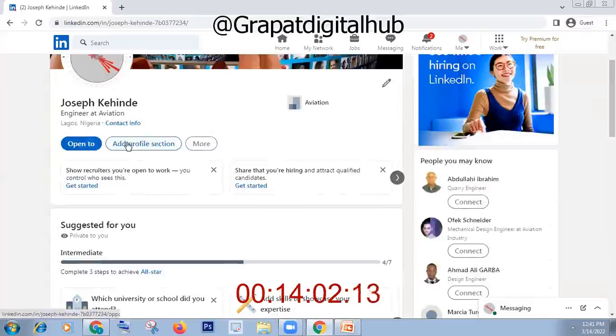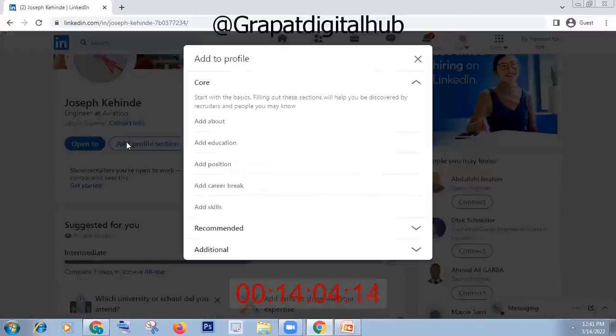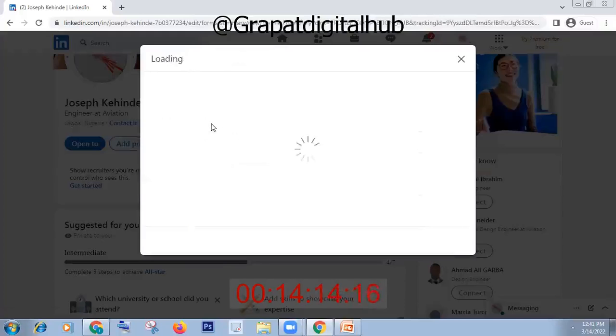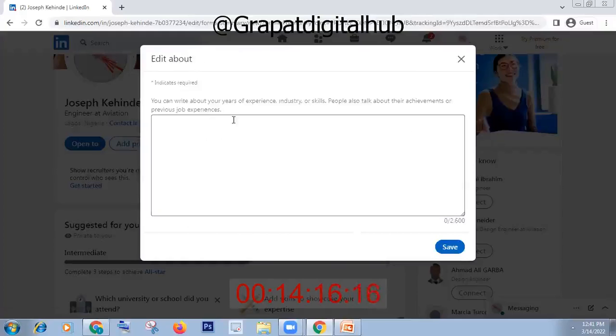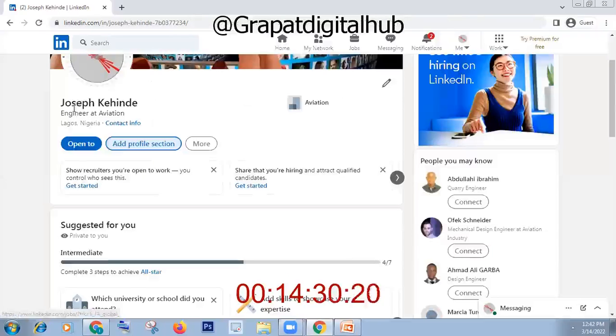So you can now come to the add profile section. This is where we want to fully optimize our page. So it's saying add about. The about section is what people will see when they see your name, your LinkedIn name. For example, as you can see, Joseph Kende behind this. Okay, let me close it first. So this thing you see, Joseph Kende,